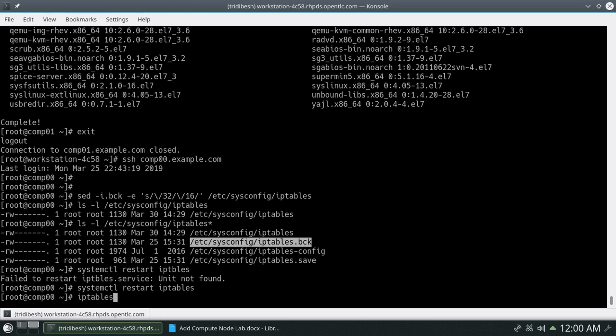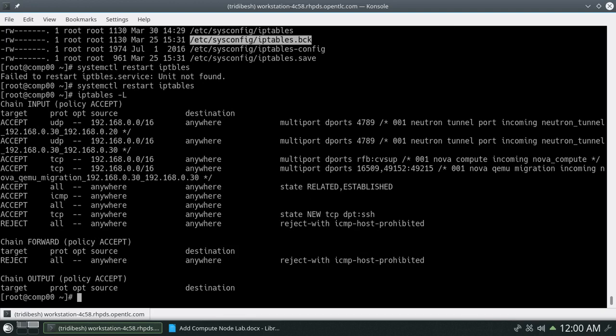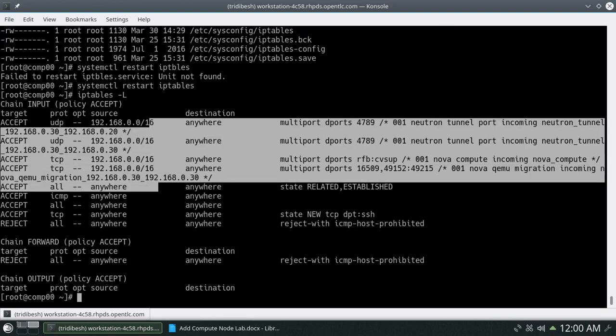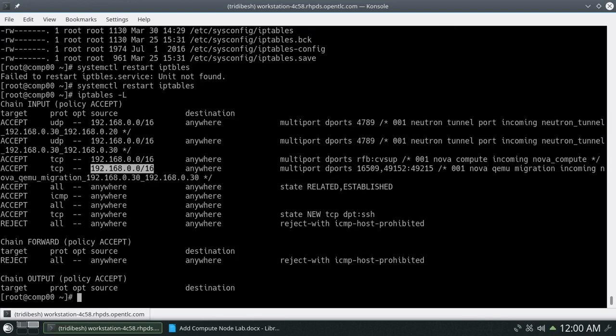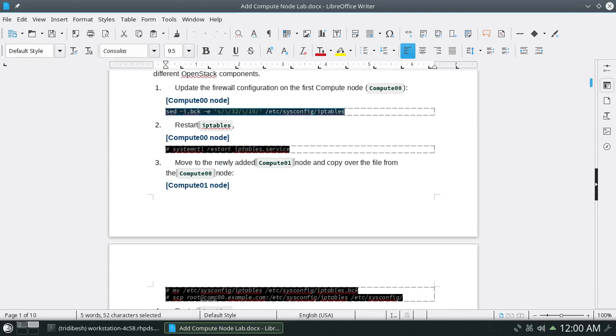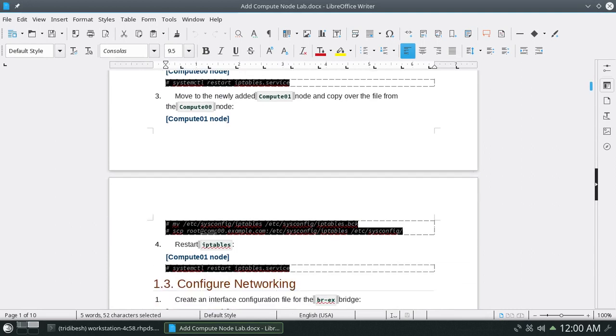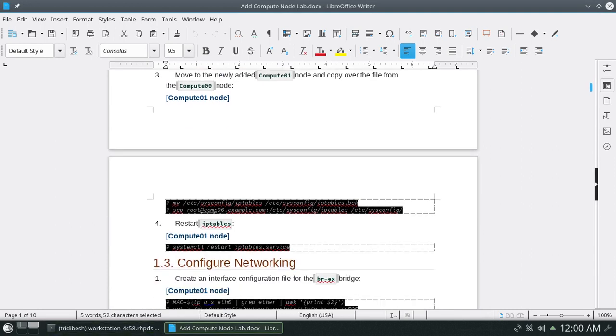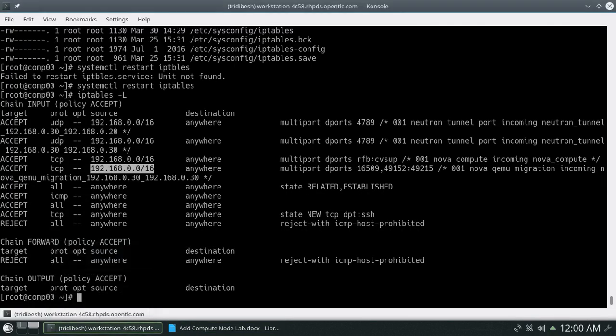You can also verify with iptables -L. You'll see these things are replaced as 16 instead of 32. Once you are done with that, move back to the new node and we will be copying this IP tables file from our existing compute node to the new node.